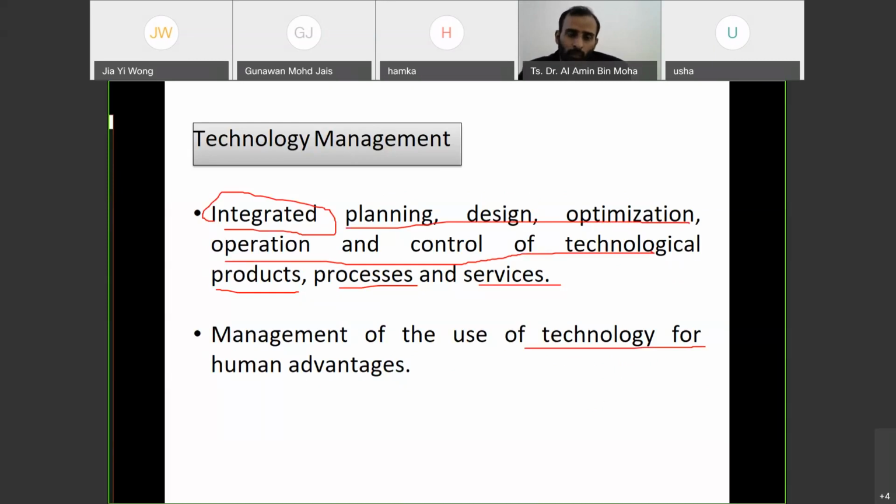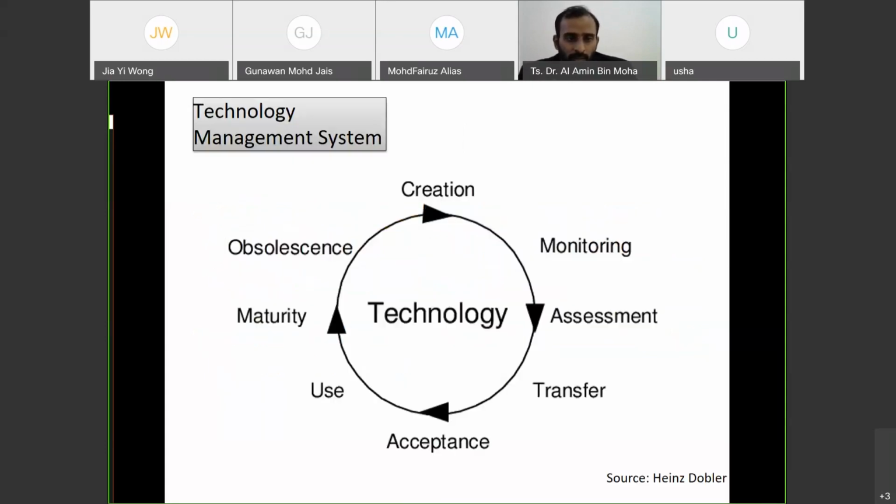So we have technology, and we have technology management, how we manage the technology that we have. Okay. So if in your company you have specific machines, they are not traditional machines. So you have a technology, you have good features, and now people are talking about the fourth industrial revolution. Okay, people are talking about big data, 3D printing. What else? IoT. So now maybe we have machines and equipment that are far away from what we had before. So this is the technology management system.